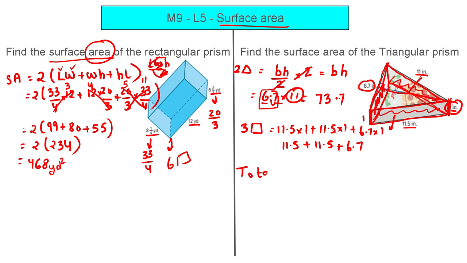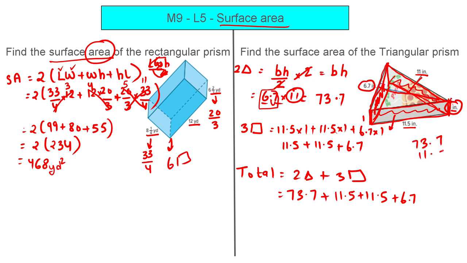Now you need the total surface area, right? Total means the two triangles plus the three rectangles. So two triangles, how much? 73.7 plus the three rectangles, 11.5 plus 11.5 plus 6.7. Add it here. 5 and 5, 10, 10, 17, 17 and 7, 24. All the points are in a straight line. See, whenever you are doing plus or minus, the points should be in a straight line. Okay. So point here. Now 2 here, 2 and 3, 5, 6, 7, 7 and 6, 13. So 3 here, 1 up. 7 and 1, 8, 9 and 10. So it is 103.4